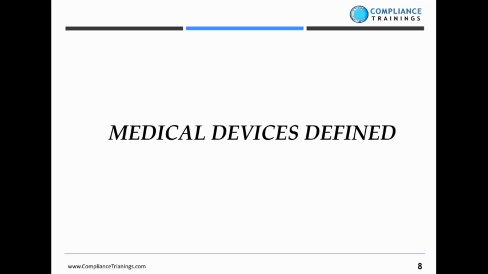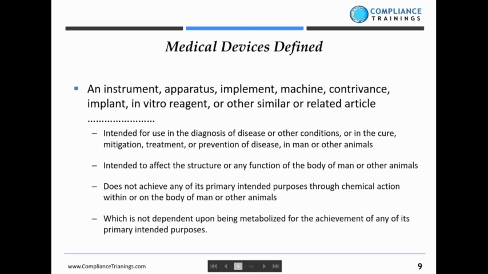Every regulatory entity goes to great lengths to define what a medical device is relative to their classification process. A medical device, according to the U.S. Food and Drug Administration, and as defined by the Food, Drug, and Cosmetic Act, 21 U.S. Code 321(h). And here's the laundry list as it comes right out of the regulation. A medical device is defined as an instrument, apparatus, implement, machine, contrivance, implant, in vitro reagent, or other similar or related article